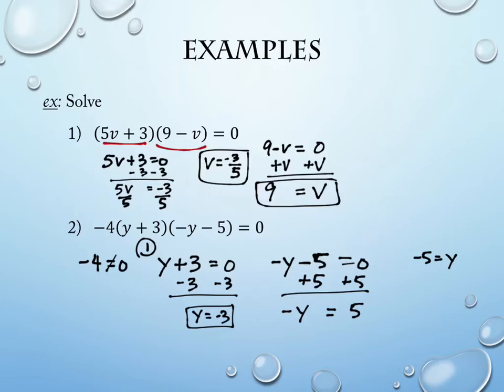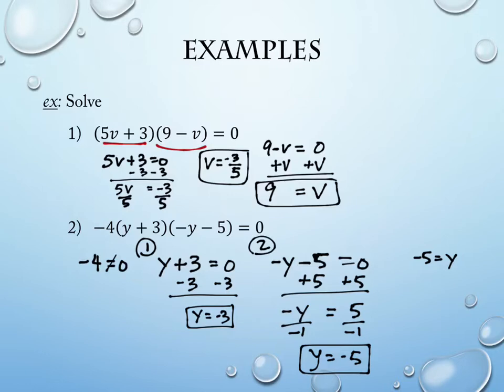So if I add the 5, I have negative y equals 5, positive, right? But in order to get the y alone, you can say you multiply, or you could say you divide by a negative 1, and y will equal negative 5. So it doesn't matter which perspective you go through. The y value in this second piece of this polynomial is still going to be equal to